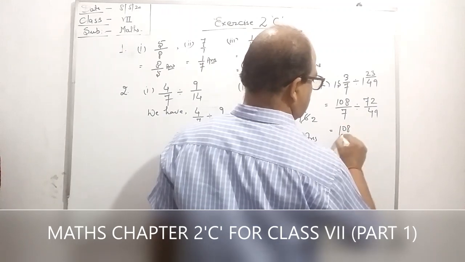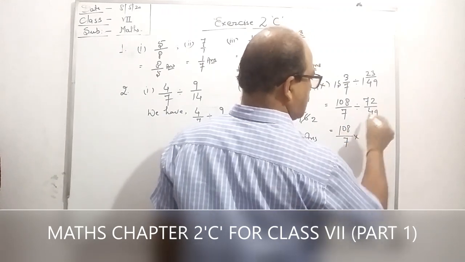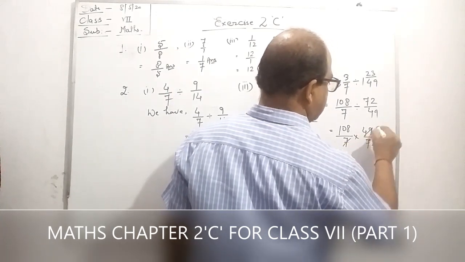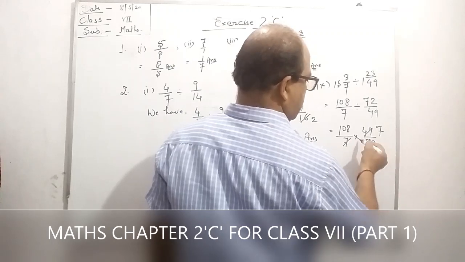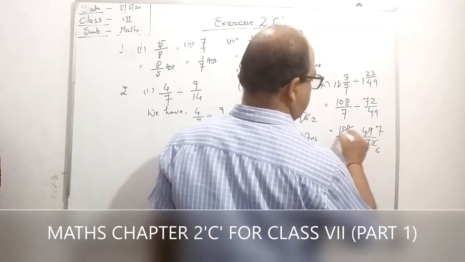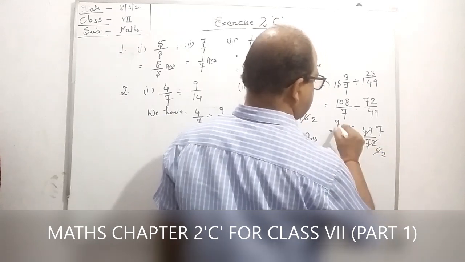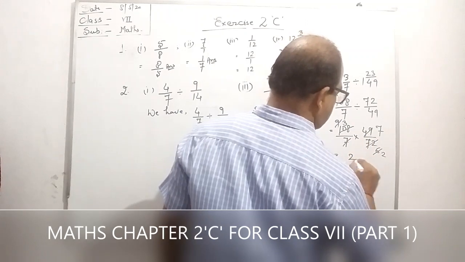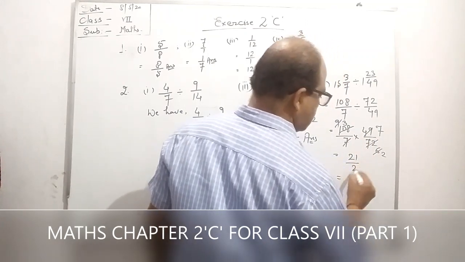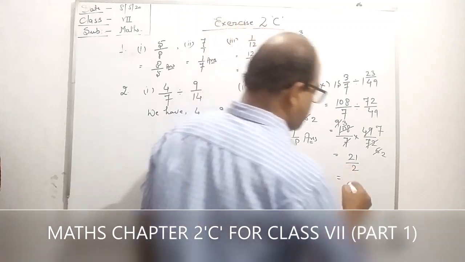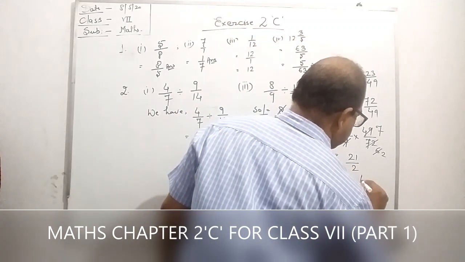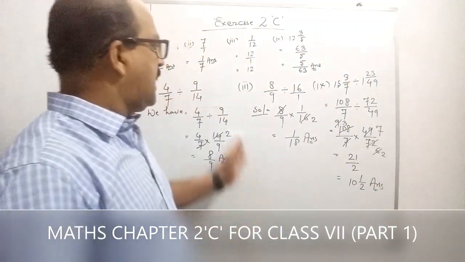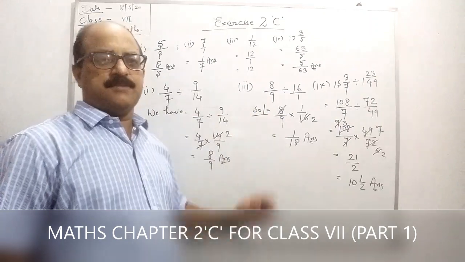Now when we solve this, the product of the reciprocal 49 by 72: 7 sevens are 49, and 12 sixes are 72, 12 nines are 108, 3 twos are 6 and 3 threes are 9, so 7 threes are 21, 21 by 2. This improper fraction as a mixed fraction is 10 whole 1 by 2, and this is the answer. Thus we simplify question number 2.